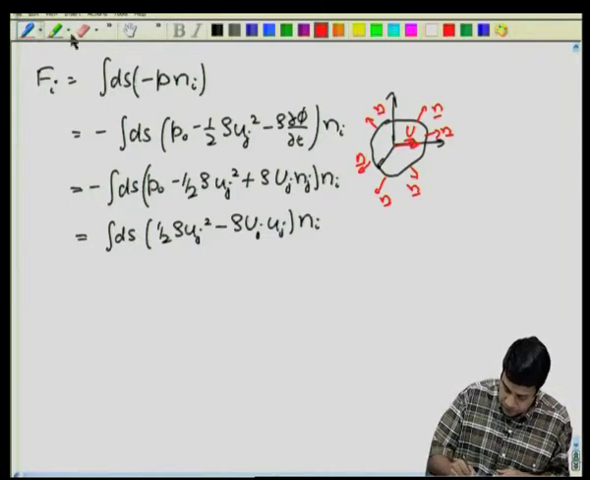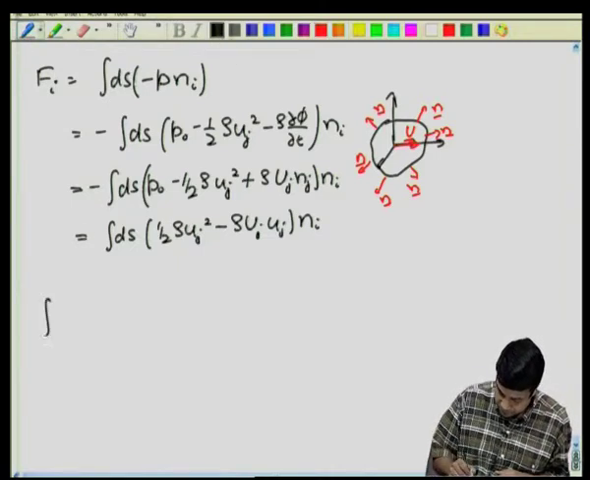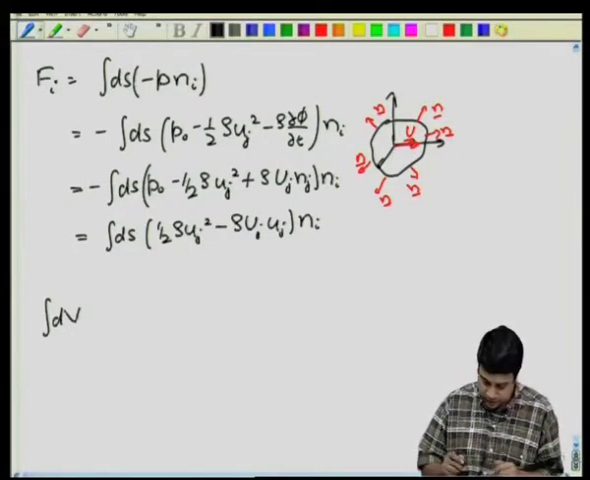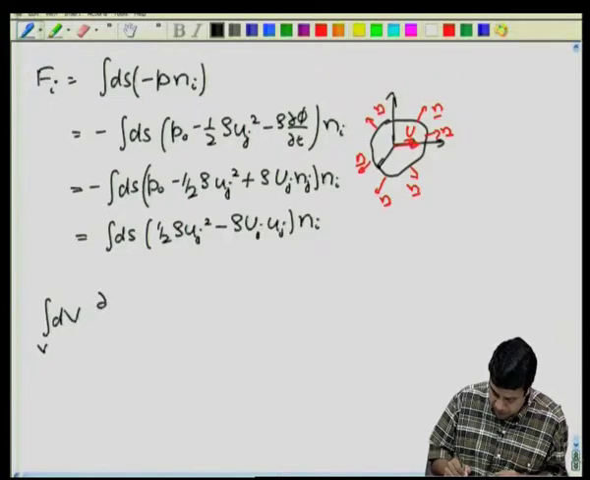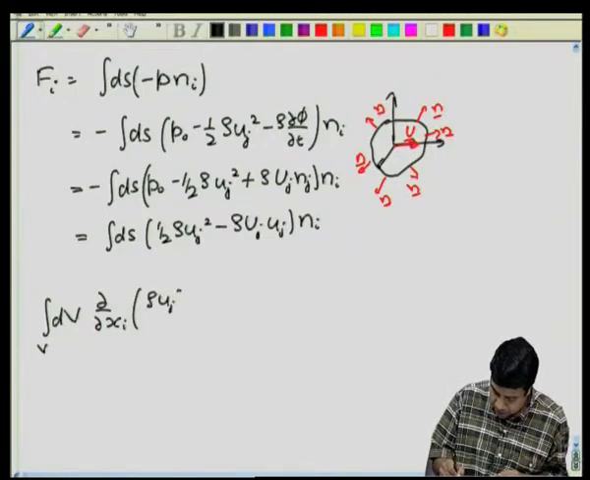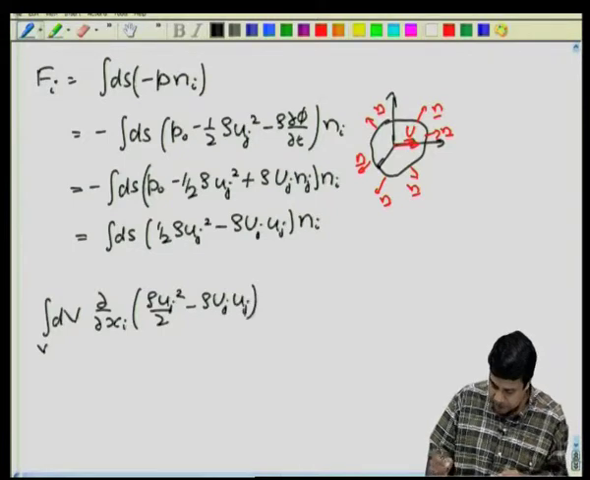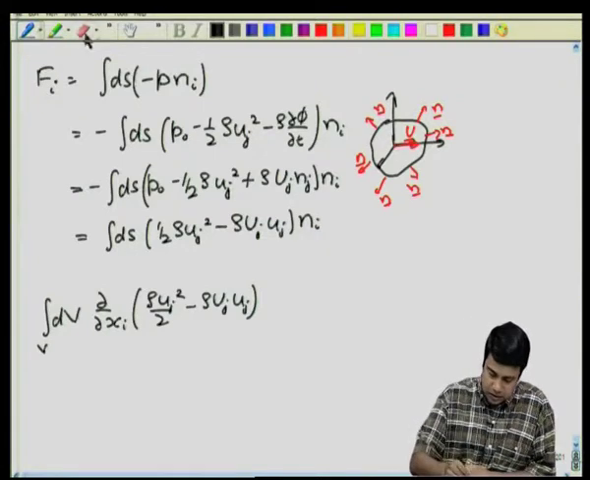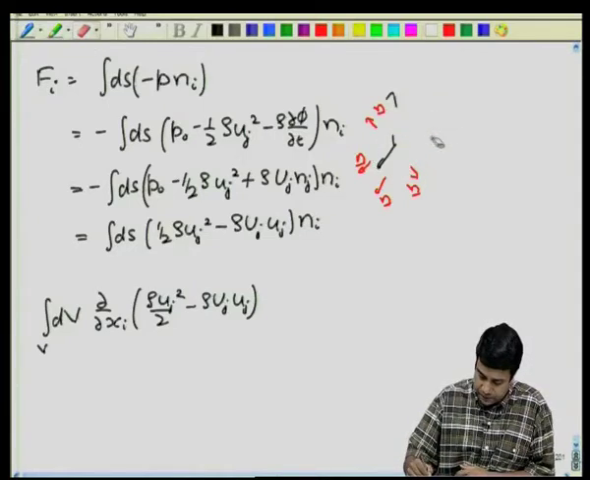Integral over the fluid volume of partial by partial x_i of rho u_j squared by 2 minus rho capital U_j small u_j. So, this is an integral over the entire fluid volume. To place this in context,